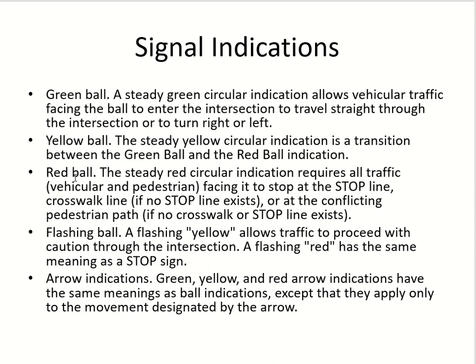Signal indications, mainly there are three indications, right? A signal has three lights, and those lights are called balls because of the shape. In fact they are totally round. If you take a signal light out, you can see that even from behind it is like a ball. So we know there are three lights, which are red, yellow and green. Red, very easy. Green, very easy, right? Yellow is for